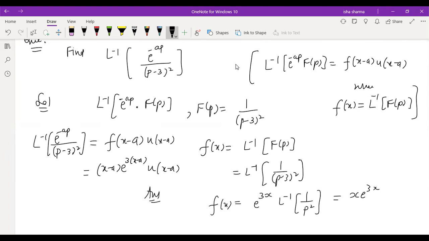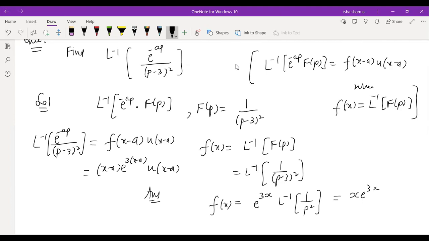Because there is no specific value of a, it's just this form. Now up to you whether you want to further simplify it or leave the answer in terms of the unit step function. That's perfectly acceptable because the answer always comes in terms of the unit step function. So the important part in this question is to evaluate small f correctly. So evaluate small f and then change x to x minus a and get your answer.